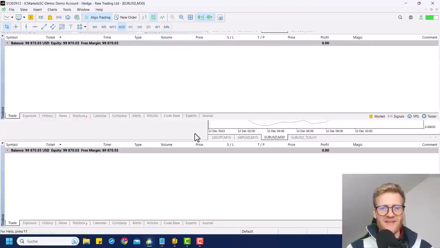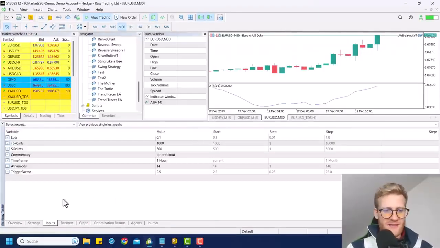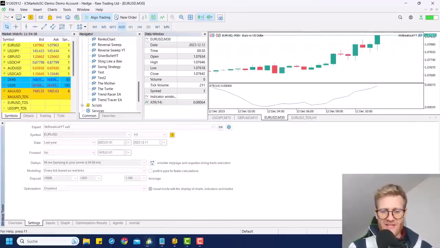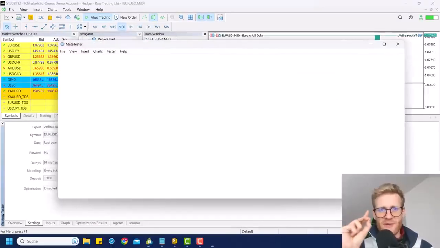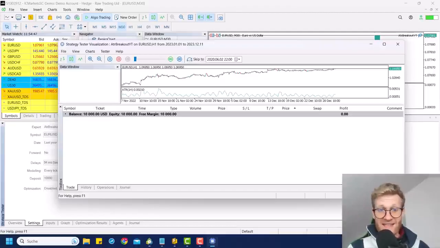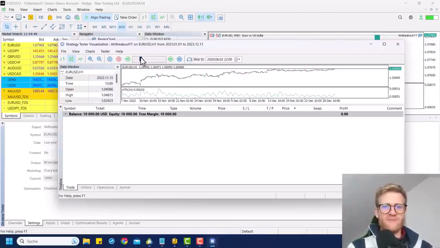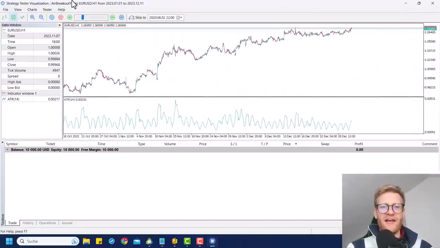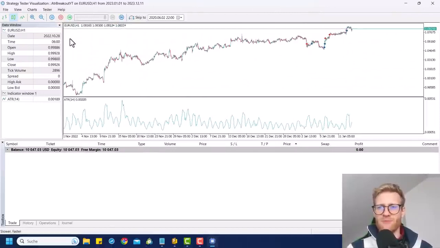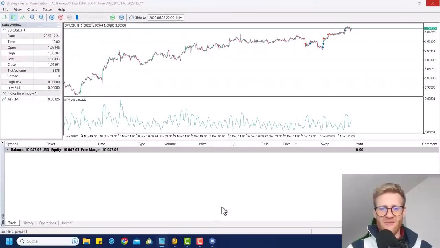So let's go back to the tester. And yeah, let's just run the same test. And all of this, what we just did is, first of all, I wanted to explain functions to you. But second of all, I wanted to make the onTick function clean and easy to understand. And this should always be the aim for any expert advisor, to just have a good and clean source code. So you can see the program is still working just like before, but now we are using these functions to